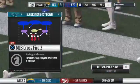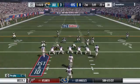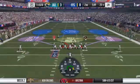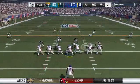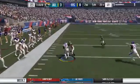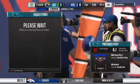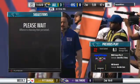I would think that they would, because if they were confident enough to do it on the last drive, starting backed up in their own territory, why would you change anything? They've got to be confident about what they're presenting and continue to do so. Yeah, because the secondary, they really look clueless. And that was amazing because that drive went, no adjustments, and no big plays by the defense to knock the